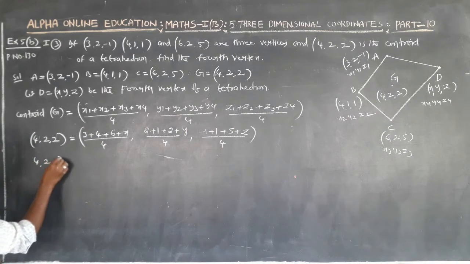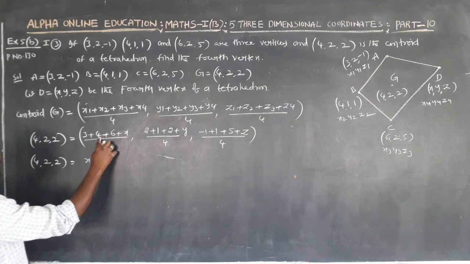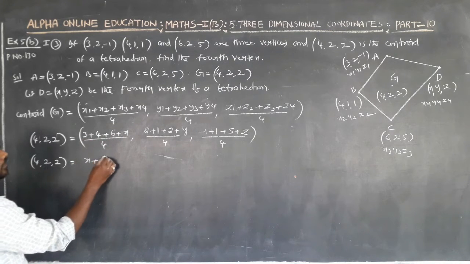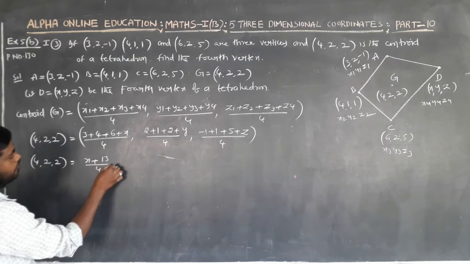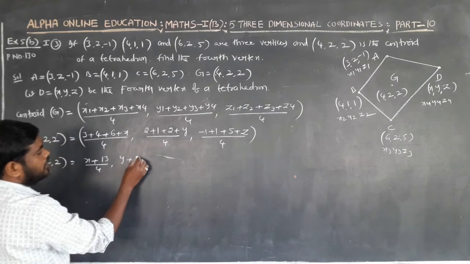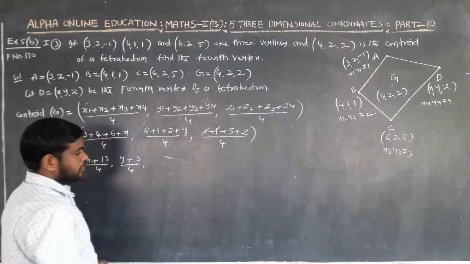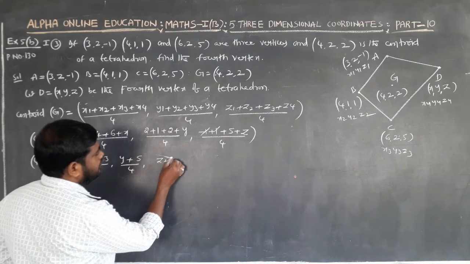So 4 comma 2 comma 2 is equal to x plus 6 plus 4 is 10, 10 plus 3 is 13, by 4; y plus 2 plus 1 is 3, 3 plus 2 is 5, by 4; minus 1 plus 1 cancel, z plus